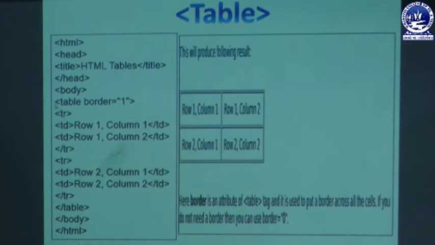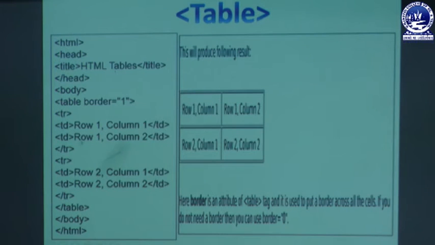Next, you can see that within the table tag we have defined another tag, that is the tr tag, which stands for table row. In between the table row we have td, which stands for table data, and tr stands for table row. First of all we need to define the row, then we need to give the value to each row. So we have specified in the first td row 1 column 1. You can see clearly over here, row 1 column 1 is the first table data of the first row